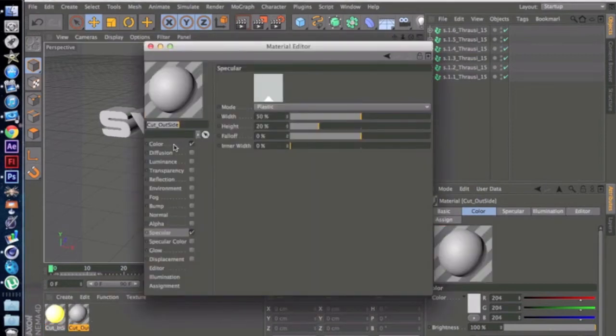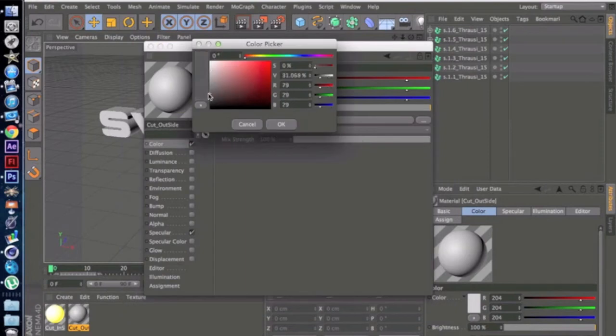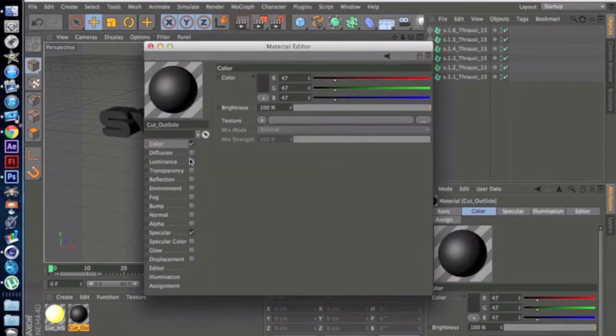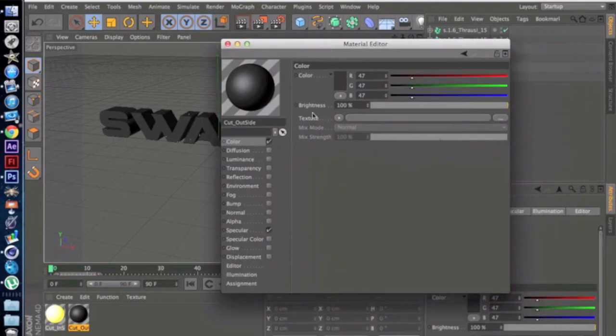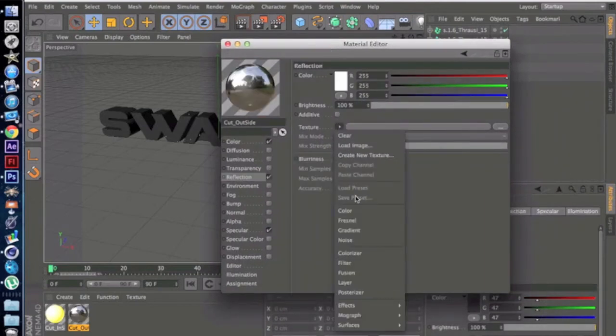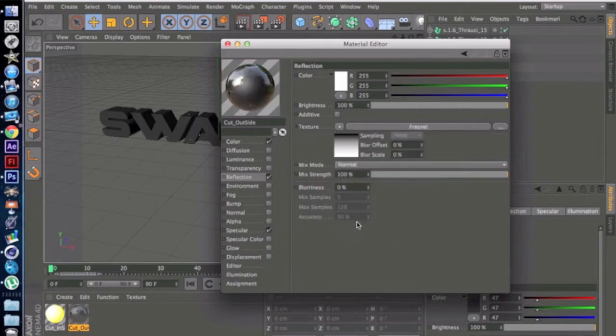And now you want to change the outside color. So I'm going to use dark grey to almost black, and I'm also going to check on reflection, and I'm going to go Vezinal. Can't talk today. Yep, and then you want to click